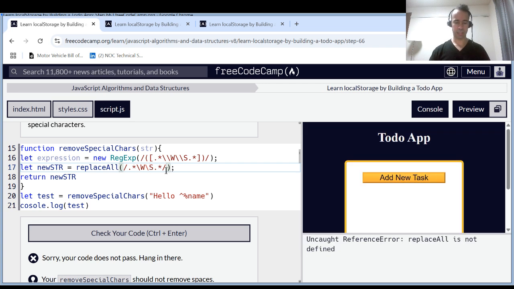And yeah, let's say they did make it global. It says does not remove spaces, so don't remove spaces. And we're gonna replace that with just an empty string. So all of this,